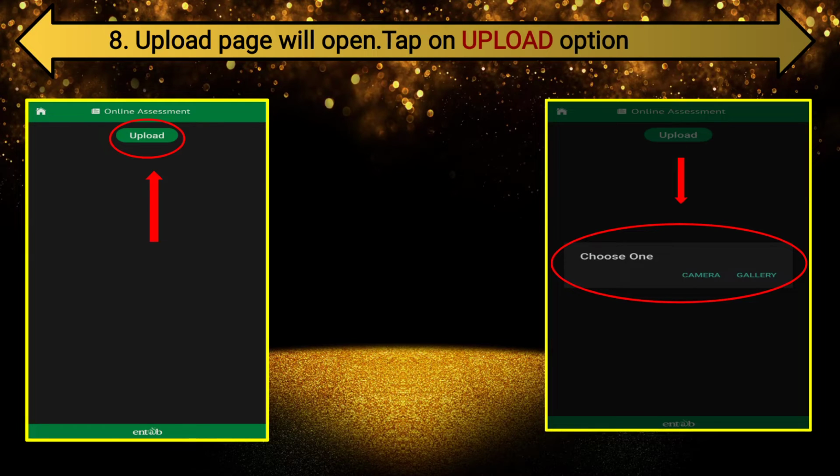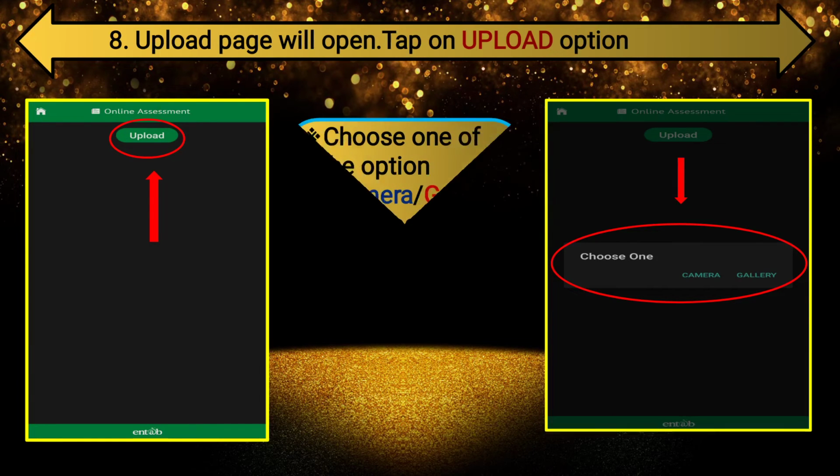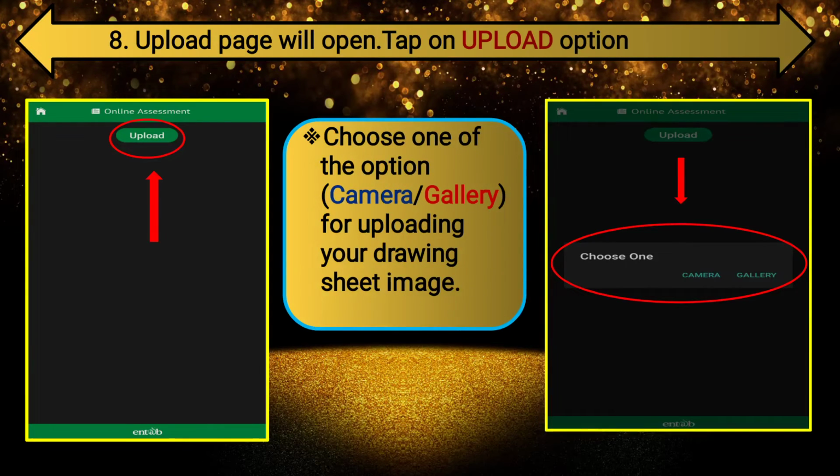Choose one: camera or gallery. If you want, you can choose camera, which means at that time you can take the image of your drawing, or from the gallery, from the phone gallery, from the image you have taken previously, from there also you can choose. So the option is yours, camera or gallery, you have to choose.